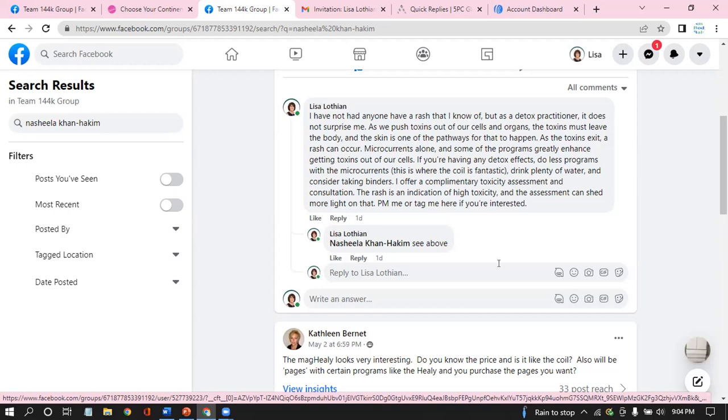Basically, you push toxins out of your cells. They get processed by the liver. They're supposed to go out of the colon, but if there are too many toxins and not enough fiber for those toxins to grab onto,